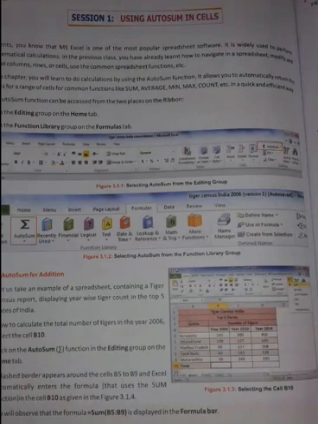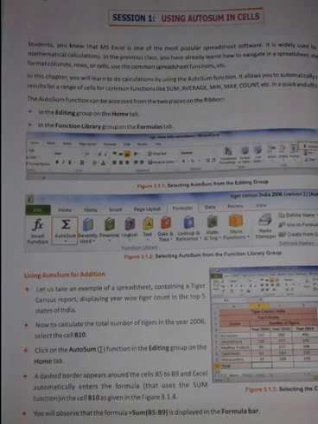Automatically all the calculation of that column will be shown in the D row. AutoSum means that whatever range you select, it will automatically calculate the sum of that range.